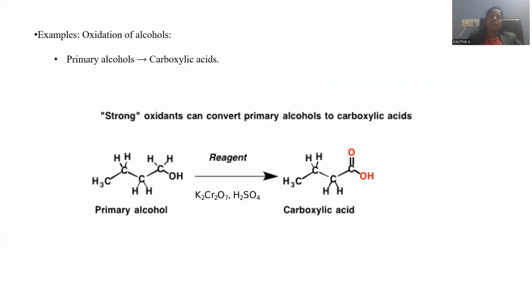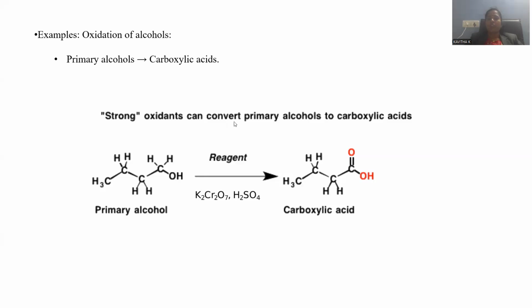And now we enter again into our concept called oxidation. Potassium dichromate is not only restricted to inorganic chemistry, but also extends to organic chemistry. Oxidation of alcohols is possible. Primary alcohols are those where the carbon bonded to the hydroxyl is bonded with only one alkyl group. So around that hydroxyl carbon, if only one alkyl group is present, that is called a primary alcohol.